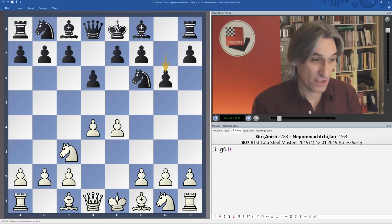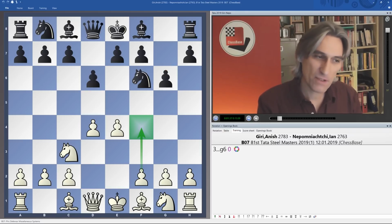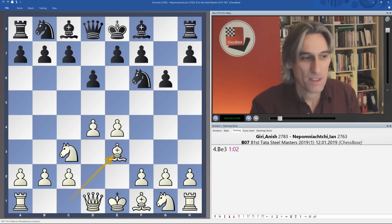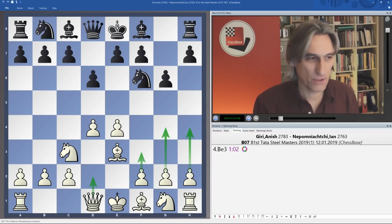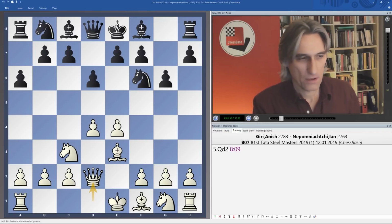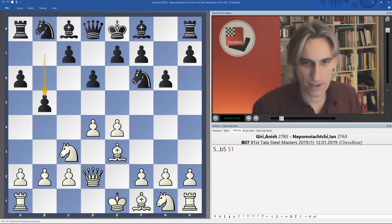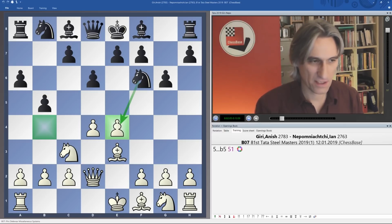Now, the Austrian attack is perhaps the acid test of the Pirc, but Giri played also a testing move, bishop e3, which envisages quick development with queen d2 and perhaps a pawn storm on the king side like this. Very respectable continuation. a6 from Nepomniachtchi. Queen d2, b5, so he's getting his queenside counterplay going straight away, and already b4 and knight takes e4 threatened,